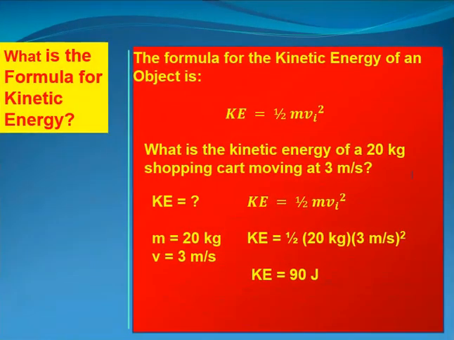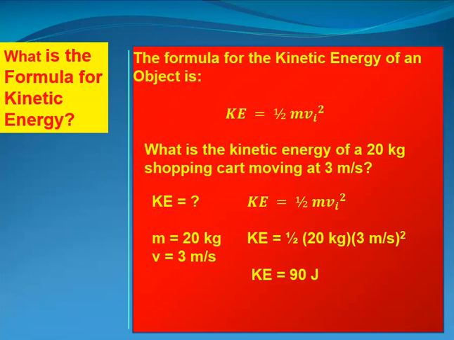The formula for kinetic energy of an object is Ke equals 1/2 mass times velocity squared. Again, the velocity can be constantly changing, so you want to use the instantaneous velocity at this particular moment that you're measuring the kinetic energy. So what is the kinetic energy of a 12 kilogram shopping cart moving at 3 meters per second? So you simply plug in the numbers. 1/2 times 20 times 3 squared, so you always square the 3 first and then do the multiplications, and that would give you 90